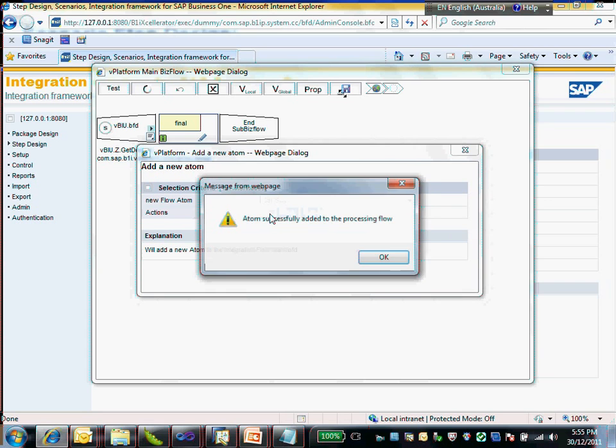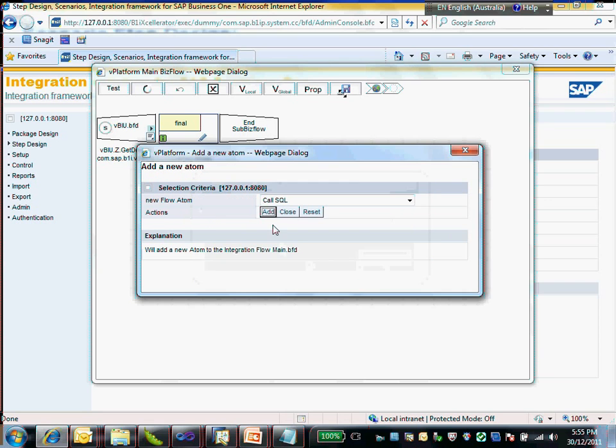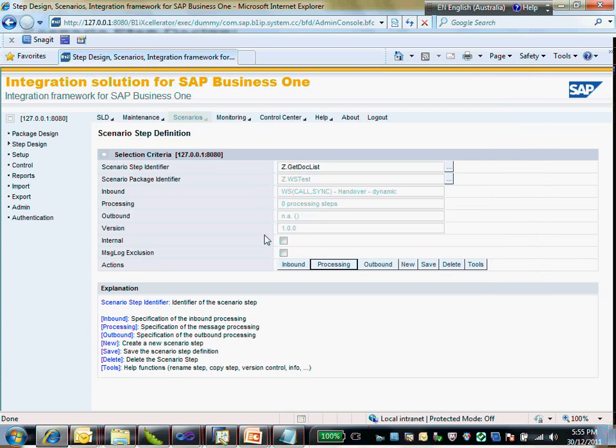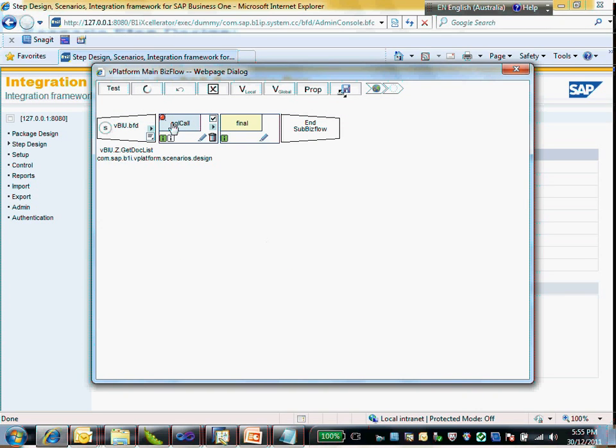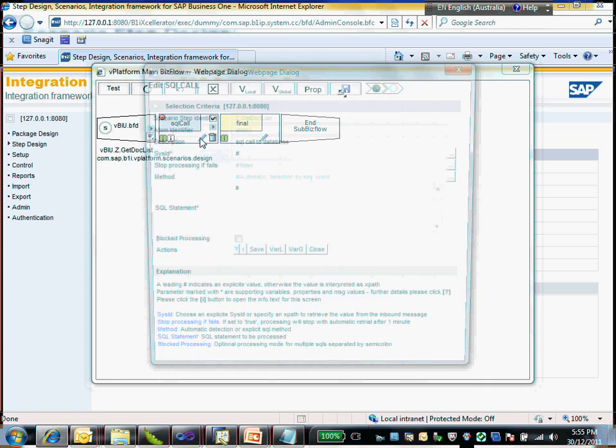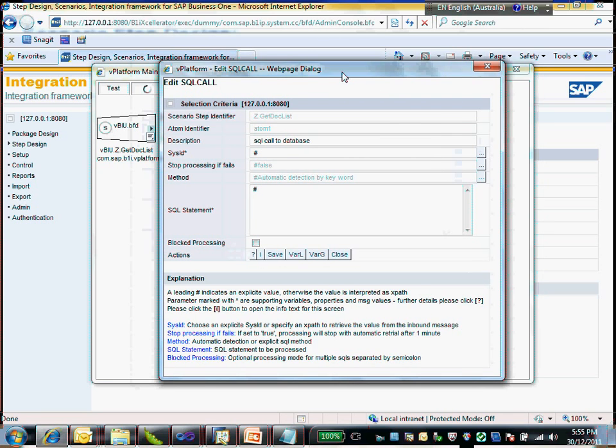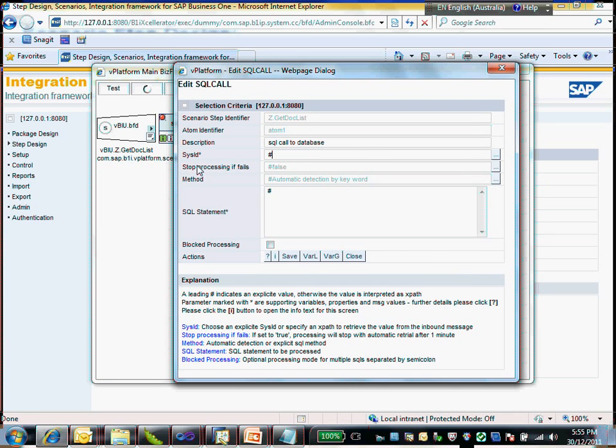And just click add. Alright, and then you will see the red mark right here, because we haven't specified what the SQL call is there. So we just need to modify the configuration here by clicking the pen icon. The first thing we need to specify is which business